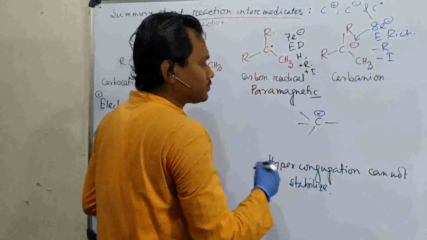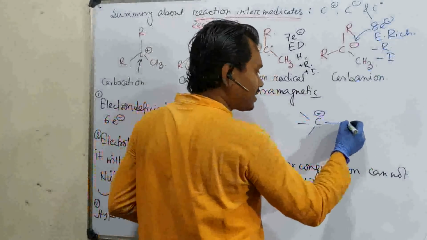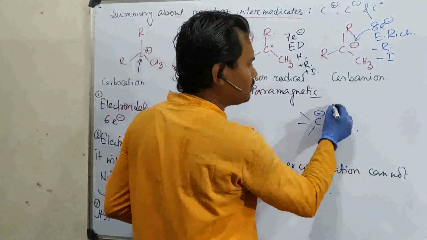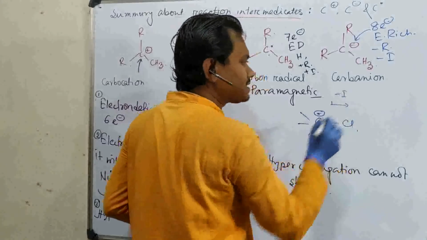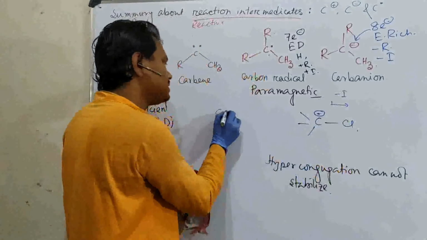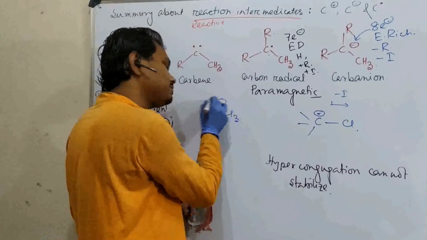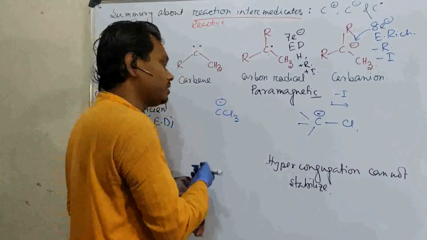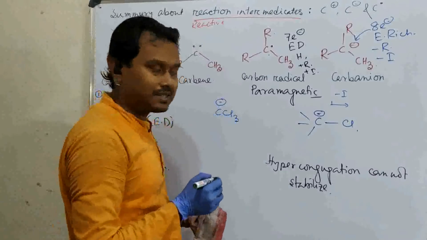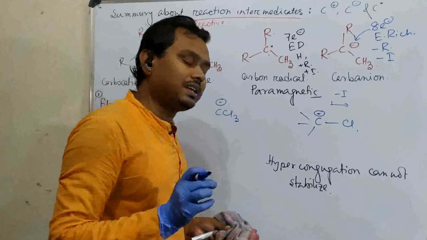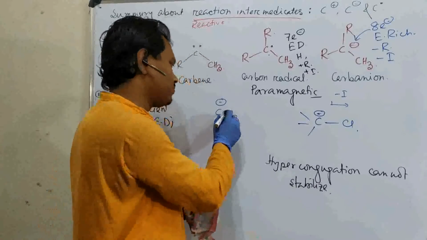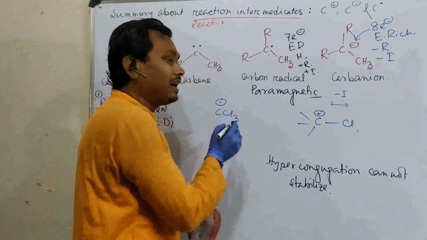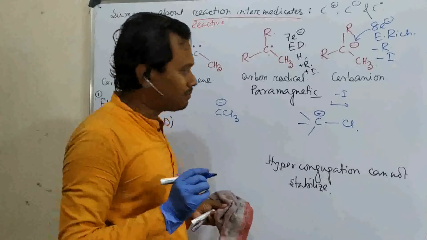Now, for example, if you take one electronegative atom like chlorine, through the withdrawing effect, the minus I effect, it can stabilize. A real example is CCl3 minus, which is produced during the Reimer-Tiemann reaction, by deprotonation of chloroform in the presence of a base. You will say, sir, there is some stabilization from chlorine. I agree, but it is not that important. So here minus I is very, very important.